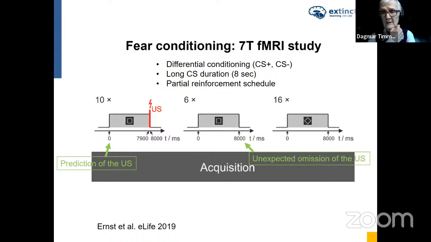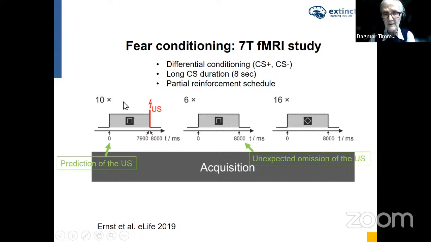Eye blink conditioning works best when you have very short CS-US intervals. So in humans, 500 milliseconds. With 500 milliseconds, you can't measure BOLD response. This takes 4, 5, 6 seconds to build up. But in the fear conditioning literature, they show the CS for 8 seconds, for example. This is a standard interval, and there you have enough time to look for your BOLD responses in an event-related design